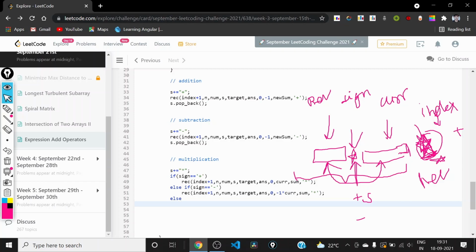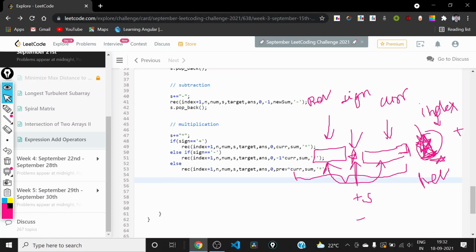If the operator is not plus or minus, it will obviously be the multiplication sign. So in that case, the current will be 0, but the previous will be equal to current into previous, and others will stay the same. After calling this recursive function, we need to pop back again.